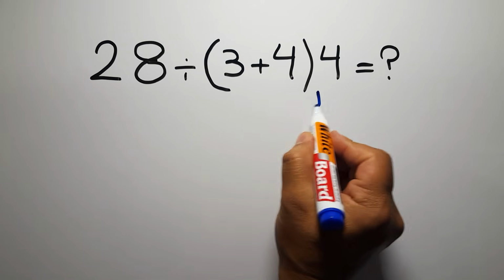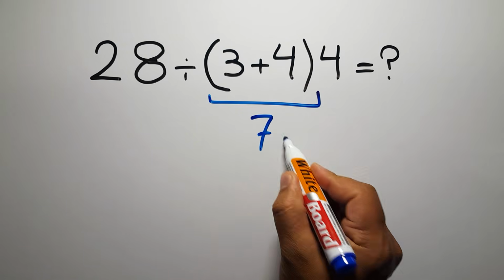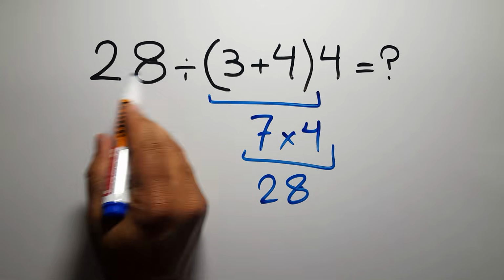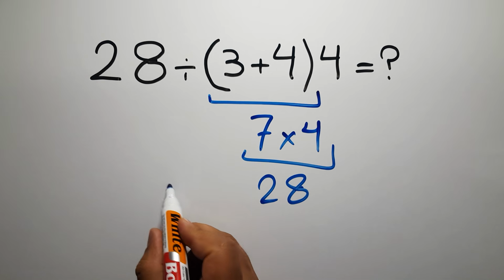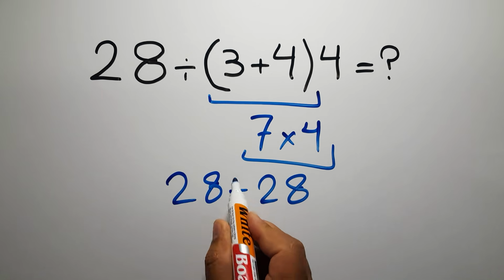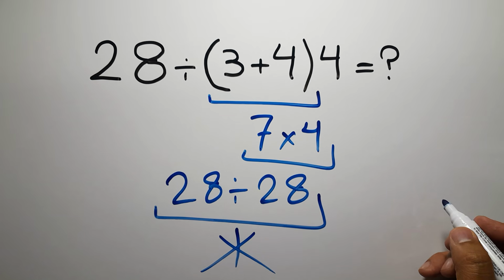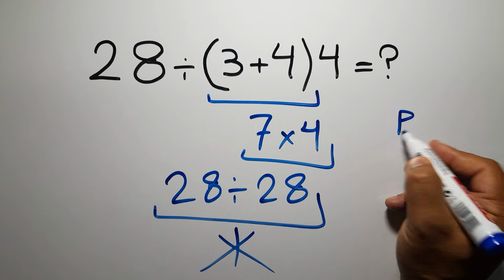3 plus 4 gives us 7, and 7 times 4 equals 28. So 28 divided by 28 equals 1. But this answer is not correct, because according to the order of operations, first we have to do parentheses, then